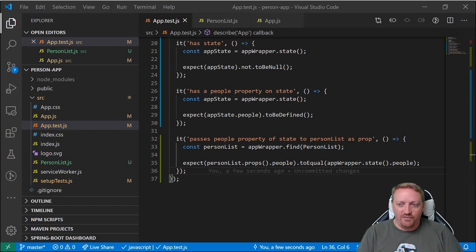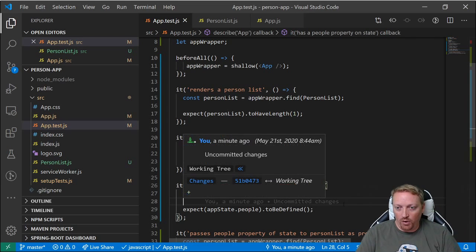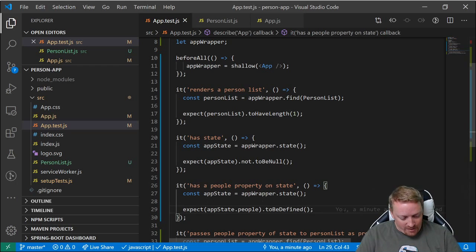Okay, so we have essentially done just about everything we can to this app component. We've created some state. We've added a property on it of people that's going to contain people values. We've made sure that there's this person list in there. We've made sure that the people are being passed to the person list, right? So we've got a whole bunch of tests around all of that functionality. The tests have driven it out. And again, one of the great things about this right now is we know that this application works. If I wanted to go run it right now, I could do,